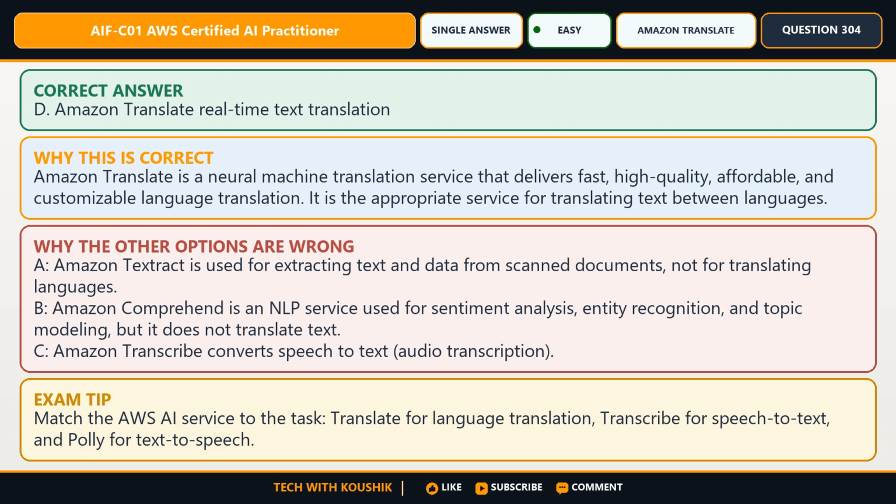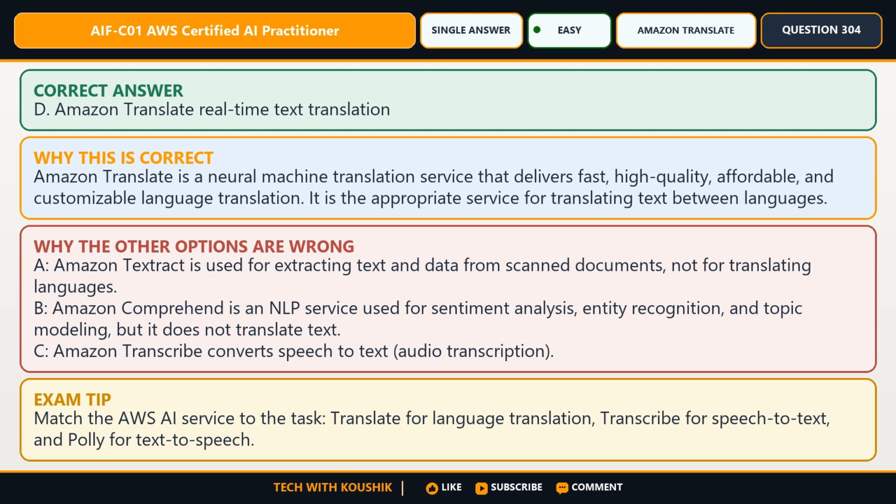The remaining options fail one or more requirements because A. Amazon Textract is used for extracting text and data from scanned documents, not for translating languages. B. Amazon Comprehend is an NLP service used for sentiment analysis, entity recognition, and topic modeling, but it does not translate text. C. Amazon Transcribe converts speech to text, audio transcription.